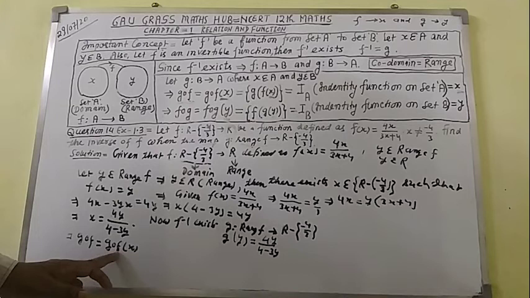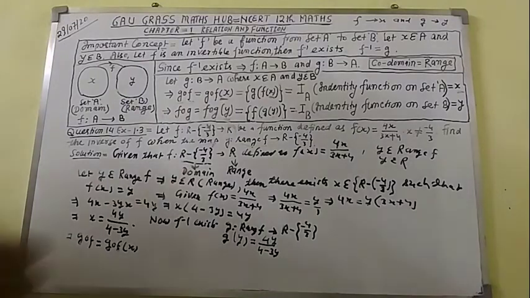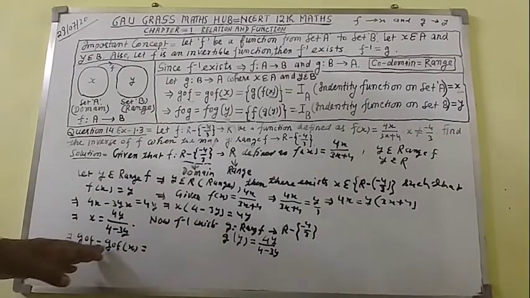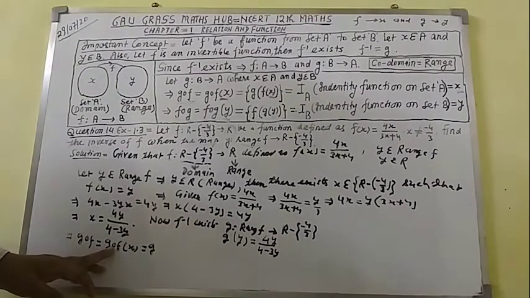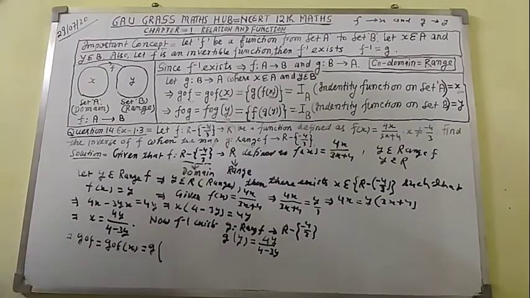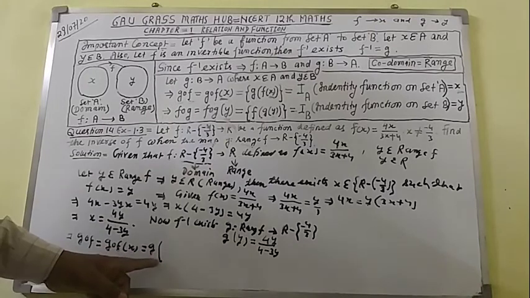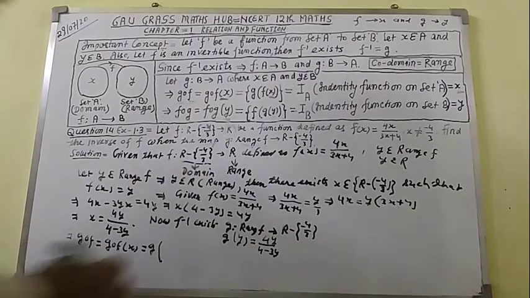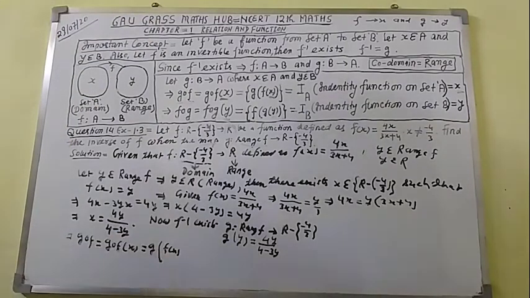F goes to x, so with F we have written x. So what will you write here? Again you can write G, the first letter, and this small o will be converted into a circle bracket. So in place of o, after G, open a circle bracket and write fx. This will become g of fx.